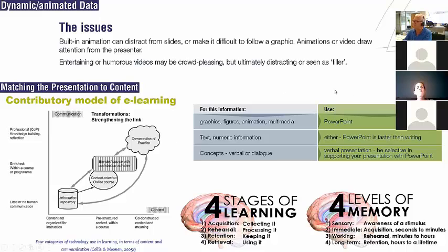Now when we look, we've got this little table here in the middle: graphics, figures, animation, multimedia, good for PowerPoint. Text, numeric information: PowerPoint is faster than writing it. Concepts, verbal or dialogue, verbal presentation: be selective in supporting your presentation with PowerPoint, because it will dominate. But for graphics and multimedia animation, PowerPoint's good. But it's a basic method of presentation. Text, numeric, either PowerPoint or writing it, but PowerPoint is faster, and with PowerPoint you can go backwards and forwards